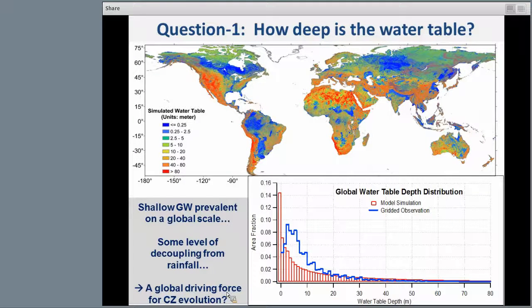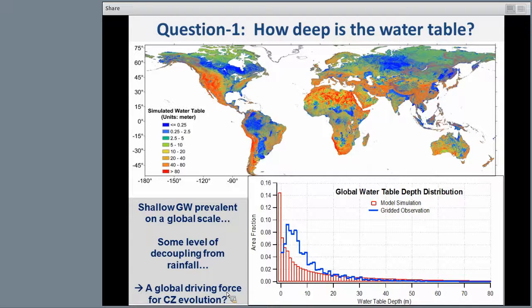And so what did we learn through this little exercise? Shallow groundwater is quite prevalent on the global scale. And we see, just like the conceptual model, there's some level of decoupling. If you look at the water table simulation, the model has an exponential shape, and this highest bar is where the water table keeps popping out of the surface, seeping out to supply rivers